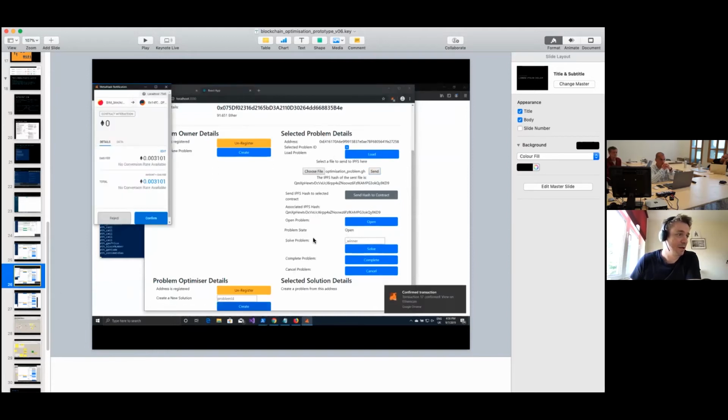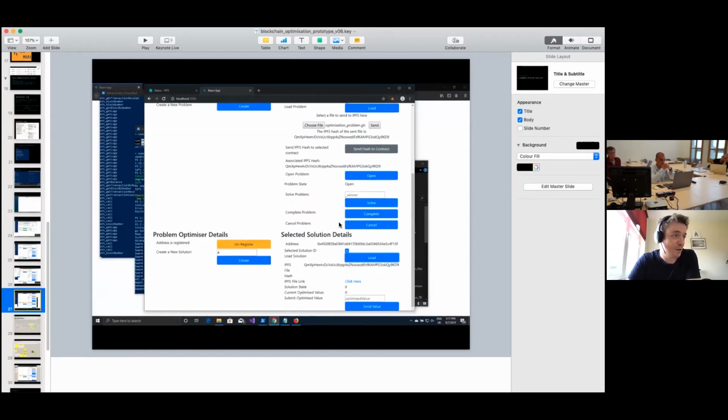And as they do so, they start sending both the numerical data and the file to the website and the smart contract. And once you have a winner, essentially, or time runs out, or the problem owner decides that it's time to close the competition, you can